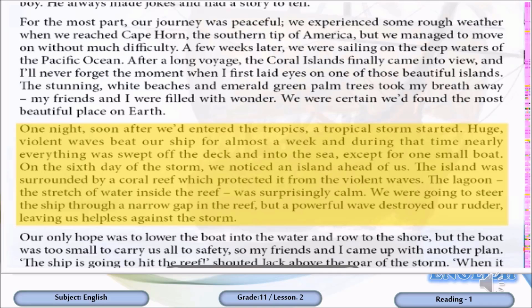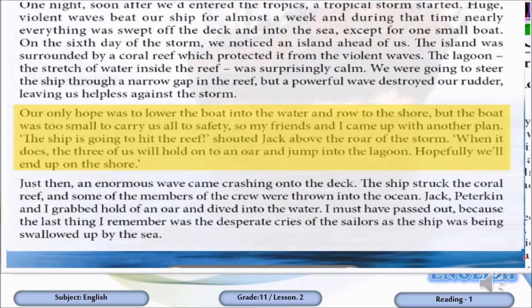We were going to steer the ship through a narrow gap in the reef, but a powerful wave destroyed our rudder, leaving us helpless against the storm. Our only hope was to lower the boat into the water and row to the shore. But the boat was too small to carry us all to safety, so my friends and I came up with